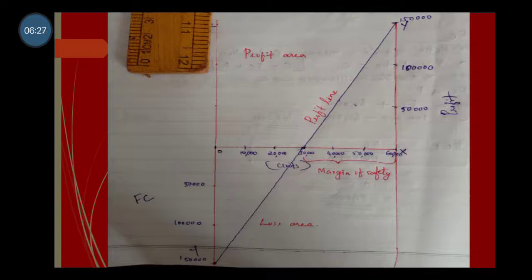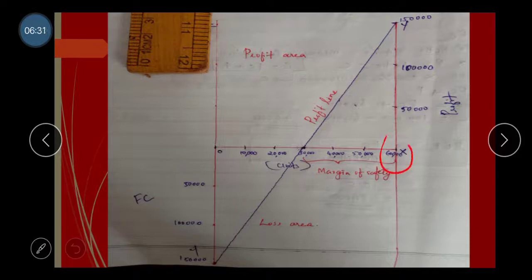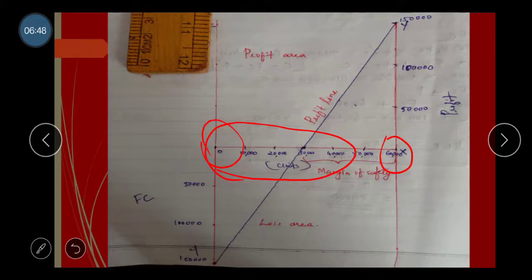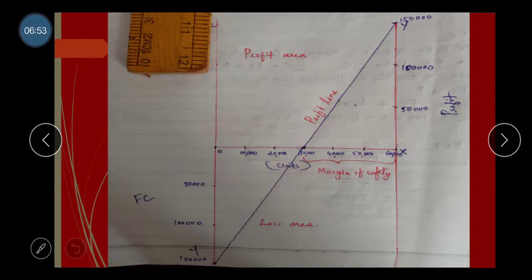Here the number of units is given to us. So 60,000 is the maximum number of units. So here we plot the number of units, produced or sold by the concern, on the x-axis. It starts from 0 and goes up to 60,000 units. Okay. So units of sales volume is plotted on the x-axis. That is clear to you.